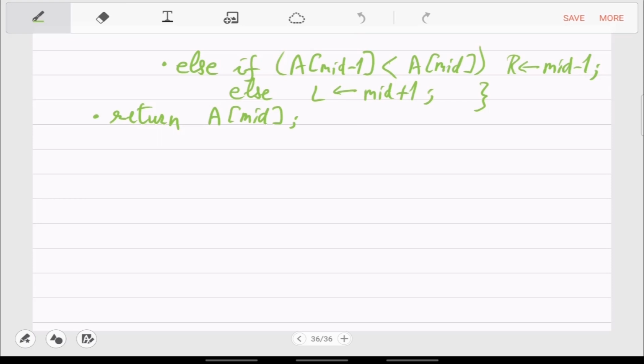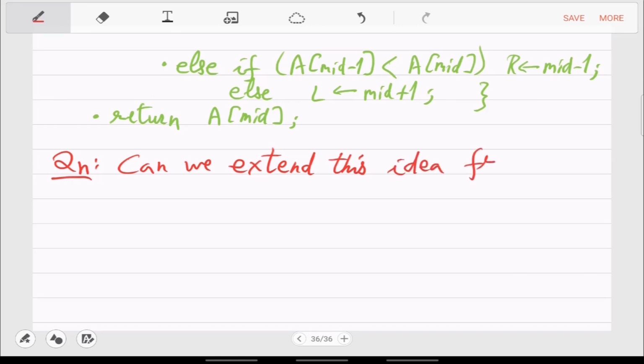But this is still a very small part of what we wanted to do in the class. So bigger things we'll do tomorrow. The question you have to answer tomorrow is, can we extend this from 1D to 2D? Can this 1D array idea be generalized to 2D?